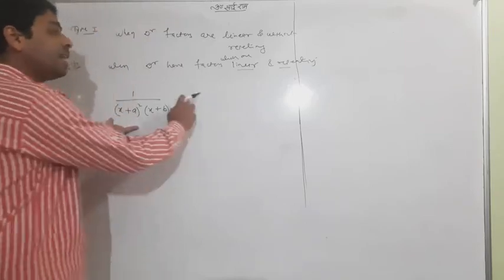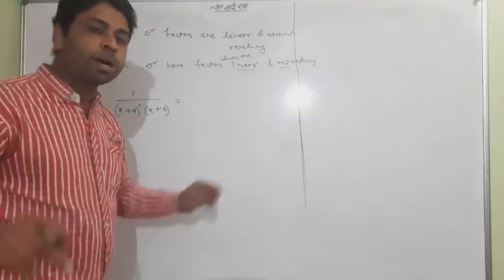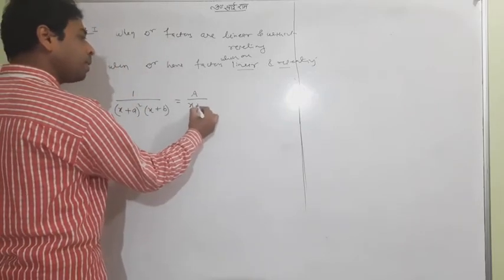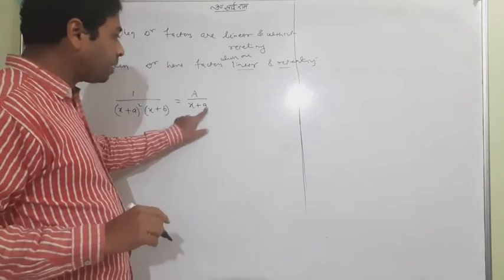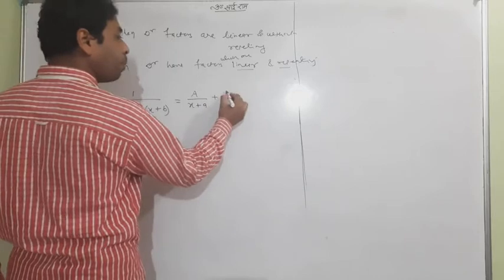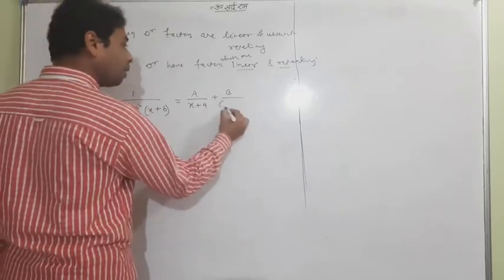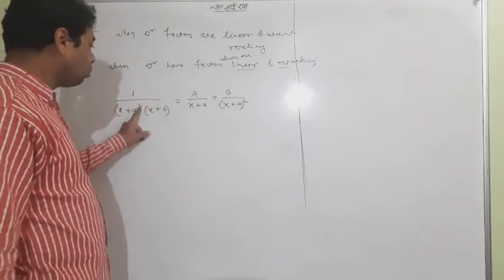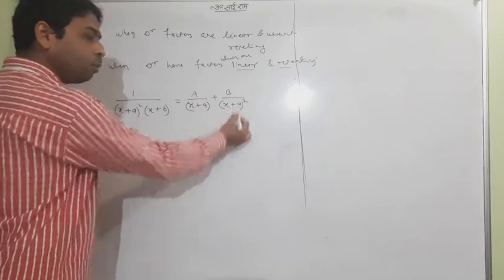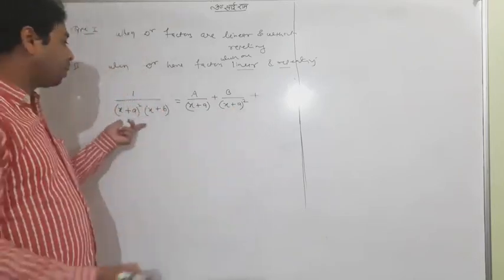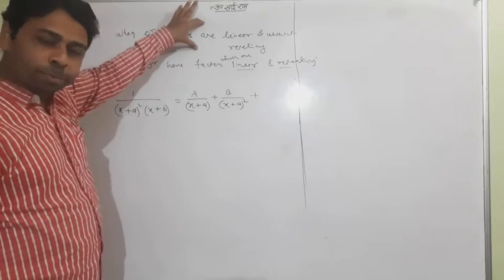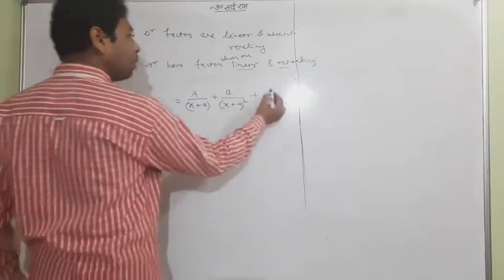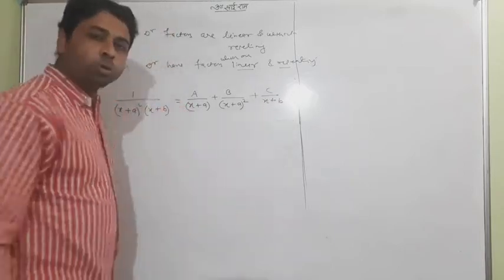So how will we write that? That is very important: how to write in a partial fraction type. We will write a upon x plus a single power, then b upon, since it was repeated twice, x plus a whole square. Now you have come to know that this was type 2. First I wrote the 1 power, then the 2 power. Yesterday we saw type 1, which is written with a single alphabet, c upon x plus b. Don't worry, this is very simple.